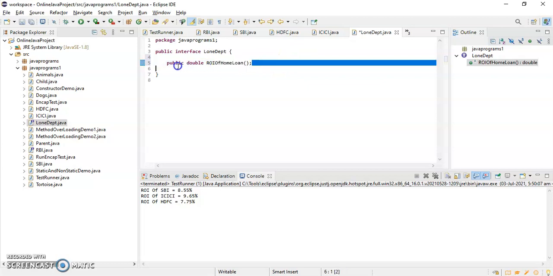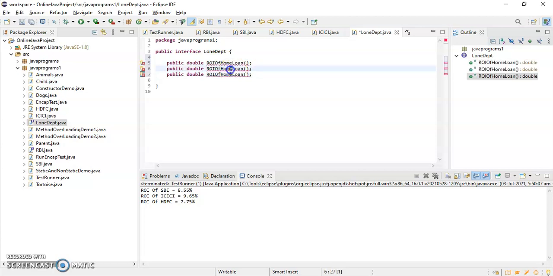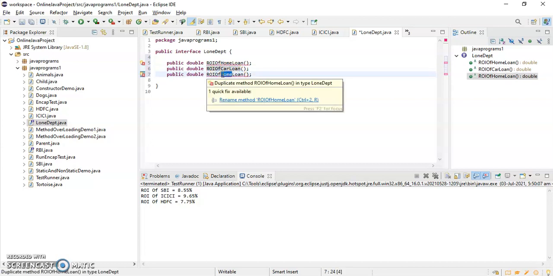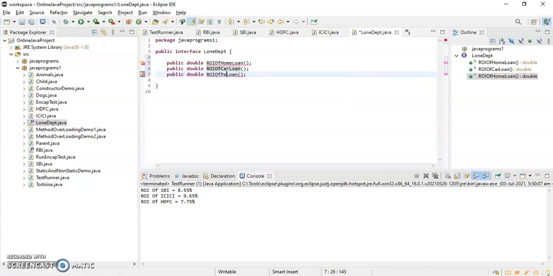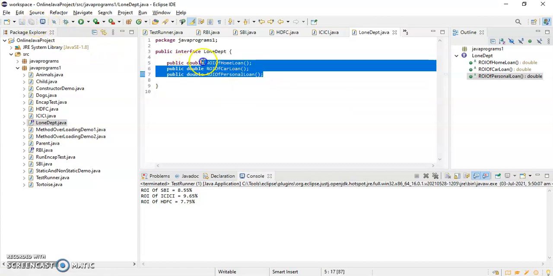Then I will create two more, say car loan and personal loan. So it has three abstract methods now: rate of interest of home loan, rate of interest of car loan, and rate of interest of personal loan.